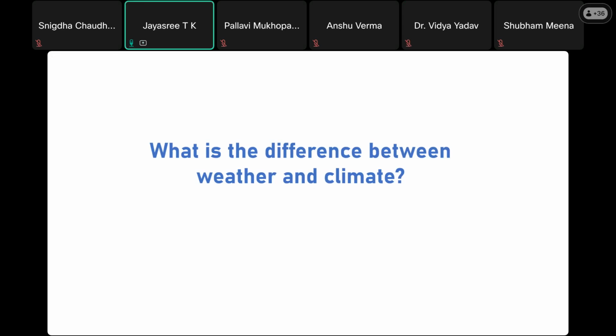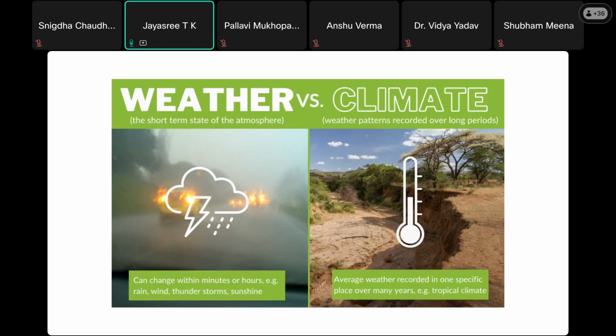Climate is a long-term data, whereas weather is a temporal data. So this gives a quick overview. Weather can change within minutes or hours. Now it may be sunny now, but the weather keeps changing. Whereas climate is the average weather recorded in a specific place over a long period. So